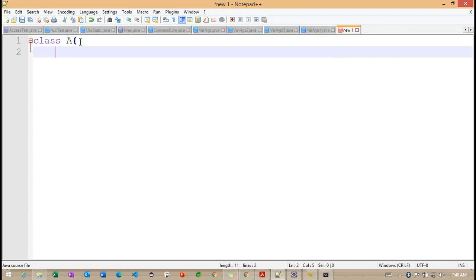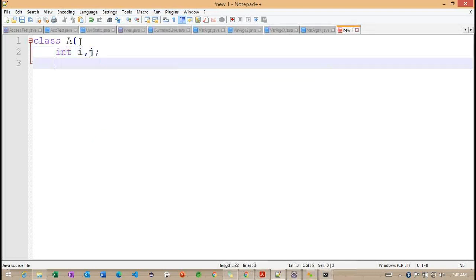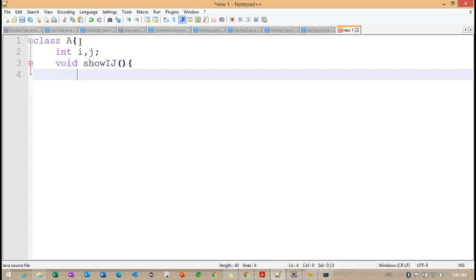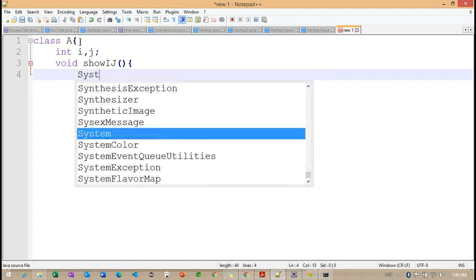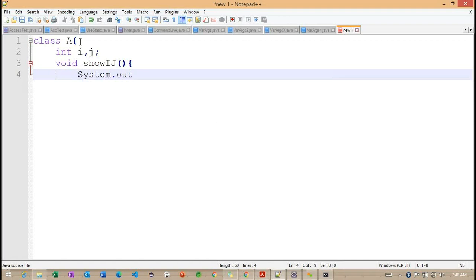We have class A here. Inside this class A, we'll have i, j values and a show ij method here. Getting the point. Now what I'm trying to do is System.out.println.